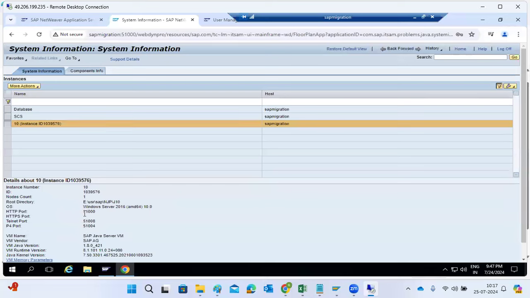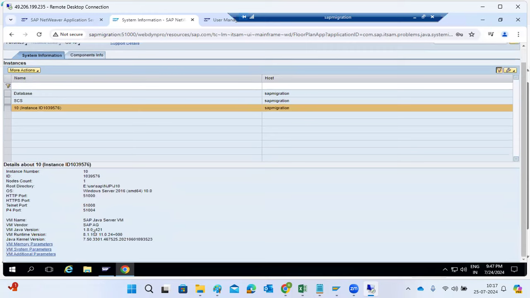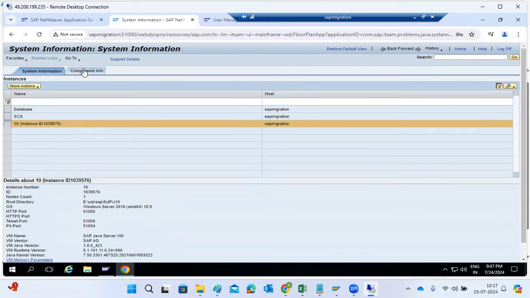Why? Because everything will run based upon the port number here. What is the HTTP port number? What is the telnet port number? What is the P4 port number? What is the JVM version? All the information is here. If you go to the component information, the Java system component information,